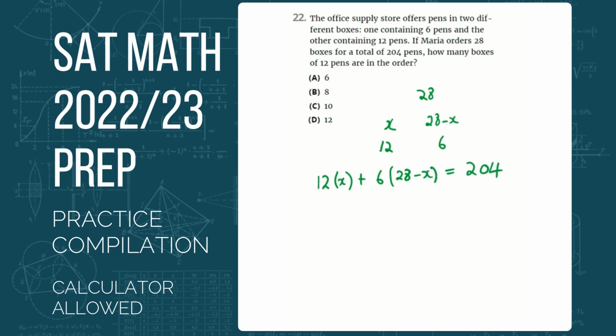I hope that makes sense. This is the crux of solving this problem. 12x plus 168 minus 6x is equal to 204. So 6x is equal to 36, and x will be equal to 6. So there are 6 boxes with 12 pens. The answer is